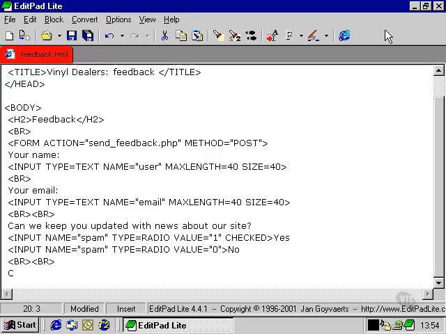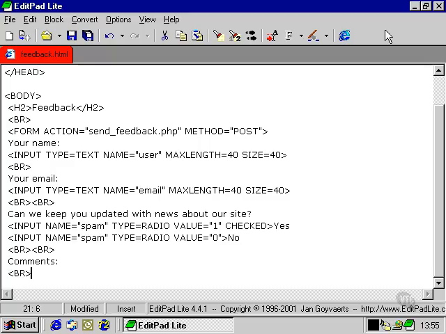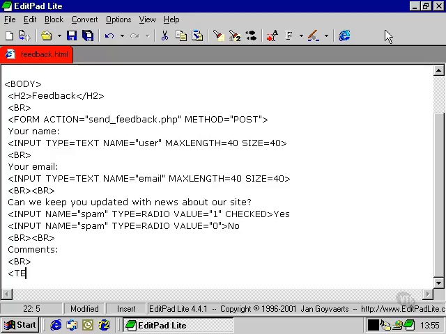Now, we'll need a field for their comments, which is the main point of this feedback form. And because this is a larger piece of text, we're going to use a text area field. And we're going to make that 60 columns wide. And let's say 10 columns in length. 10 rows in length, rather. And this is going to be the comments